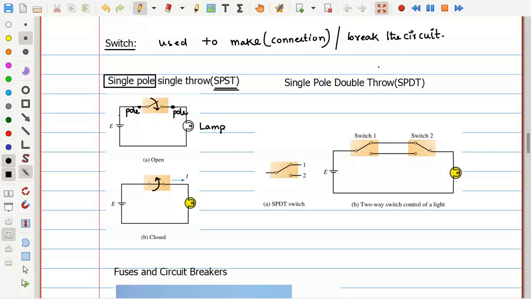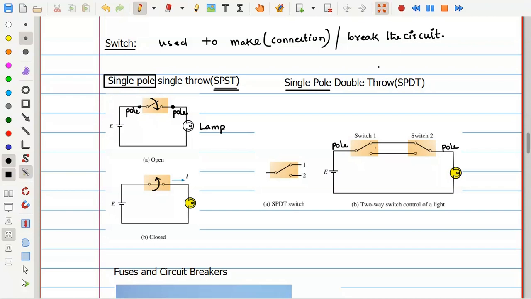And there will also be a double pole, a single pole double throw switch. Single pole means you still have only one line of connection, that is one element, E to the lamp. This is the other side pole. So don't count these as two poles. We are making the connection of the corresponding pole to the other side pole. That's all. I'll show the two poles also, just to differentiate these things.